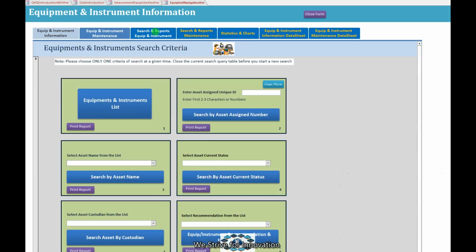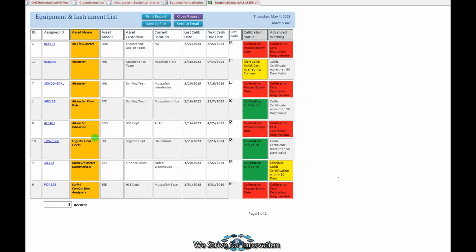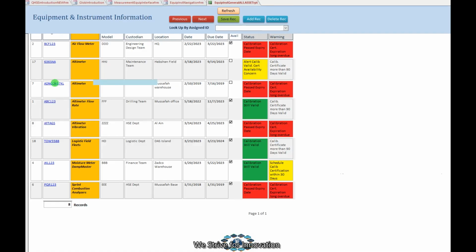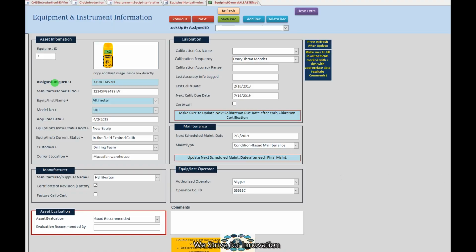Now search and report. You want to search and report all the equipment and instrument list. You're going to print all the equipment available, the certificate calibration status for each equipment, the advanced warning for each equipment, and the name of the equipment. And if you want to look at a particular calibration certificate, oh okay, this expired, why do I need that altimeter. Okay, I just press, then where will it take me? It will take me back again to